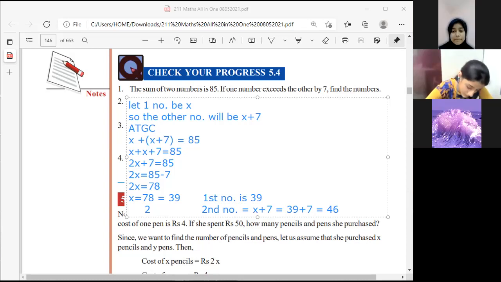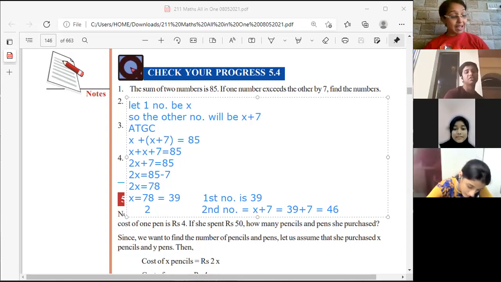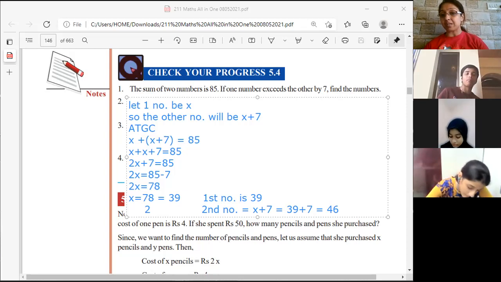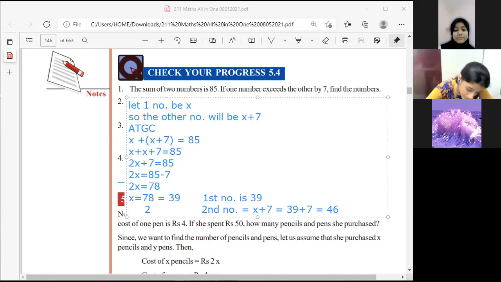Is it very clear till here? First sum, have you understood it well? This chapter has a lot of weightage in your NIOS board exam. So I want you to be very, very clear about this particular chapter. That is the reason why I have gone very slow and explained in detail how things from the left hand side move to the right hand side and the right hand side to the left hand side. I'm doing each step with you. I'm not jumping over steps for the same reason. I hope I'm very explanatory. Still, if you don't understand, you can ask me, okay?